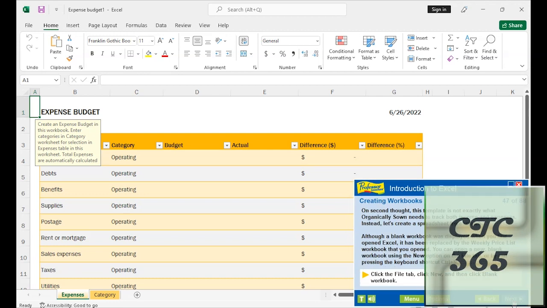On second thought, this template is not exactly what Organically Sewn needs to track both income and expenses. Instead, let's create a spreadsheet from scratch. Although a blank workbook was displayed when you first opened Excel, it has been replaced by the weekly price list